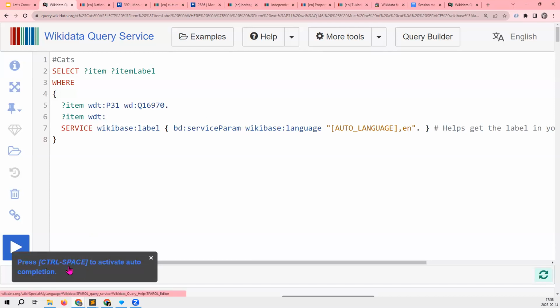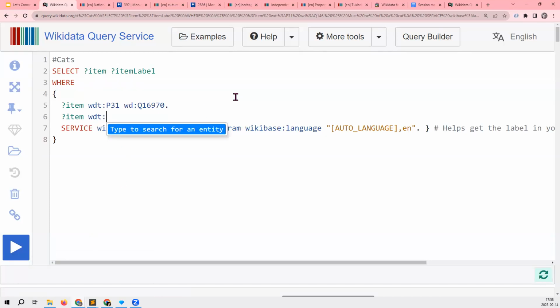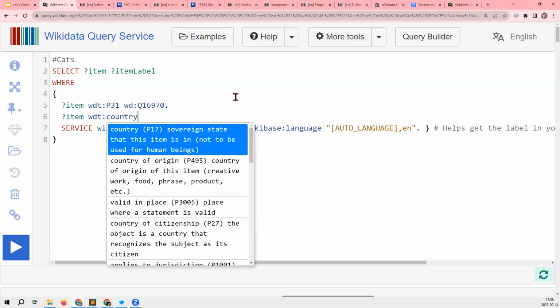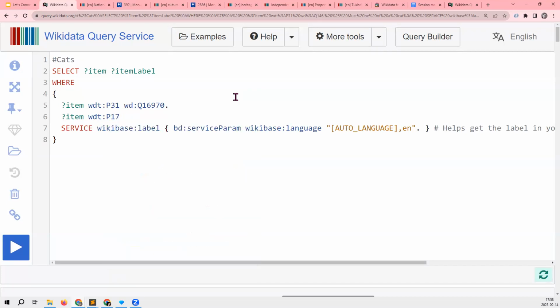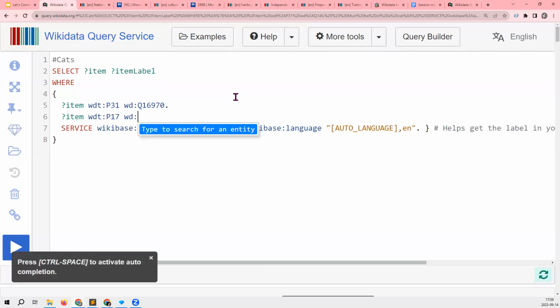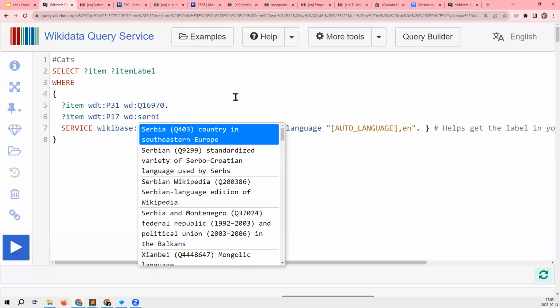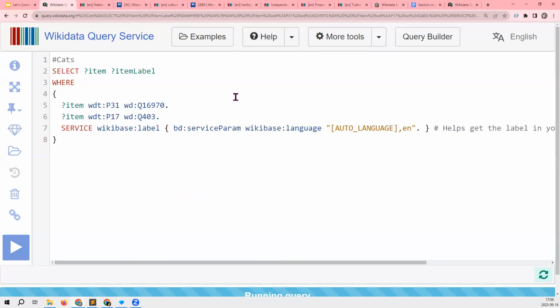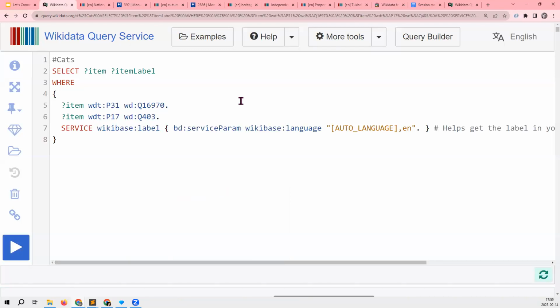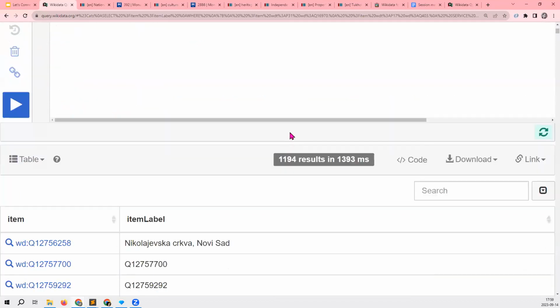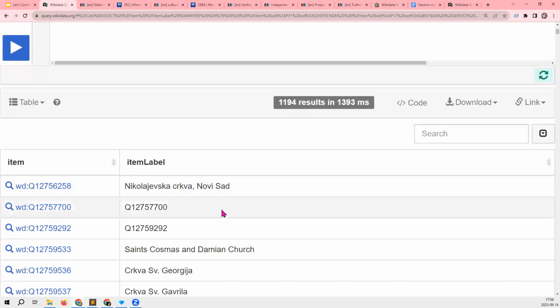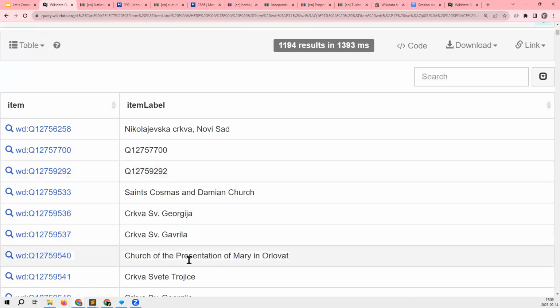It even says press Control space to give me this little helping search for country. That is P17. And I wanted Serbia. It searches for a moment, and I get over 1,000 results.